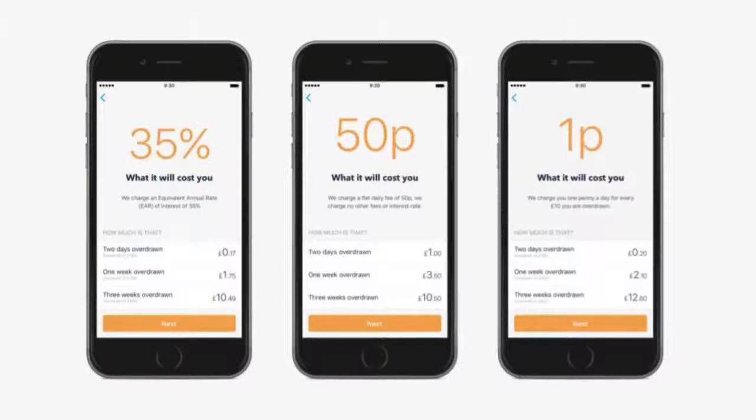The feedback we got from this was that overwhelmingly people did not understand the interest-based one, so we just let go of that. And actually the 50p a day and 1p per £10 a day, they were really neck and neck, and I think it was kind of a tie, so we decided to go with the 50p a day for now to start with, just because. As a designer, I have to say the 1p per £10 per day was a very simple solution that was found through design, which is really great. But we went with the 50p per day one